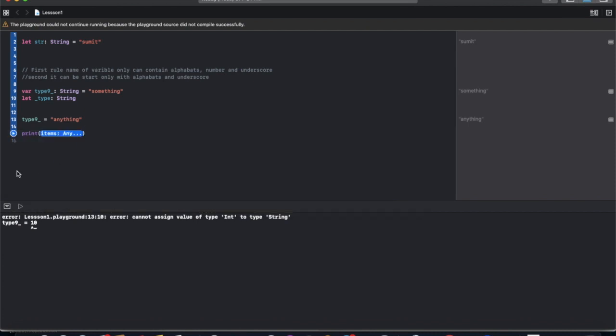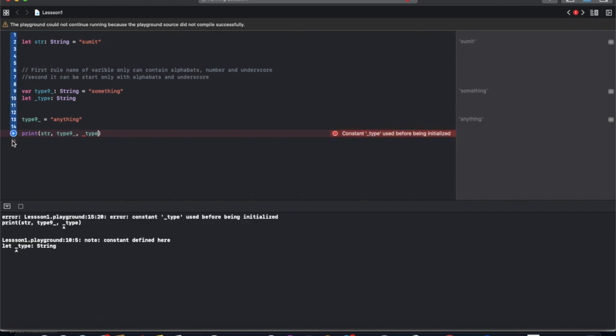So items are variable names or string literals or number literals, anything. If we want to print only str, we can use str as we did before. If we want to print all these variables, we can just provide a comma between them and print it. It can take multiple values.